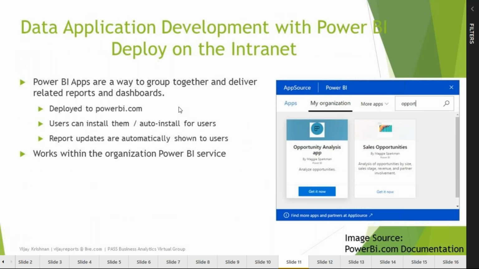When it comes to deploying Power BI on the intranet, this part of the seminar is not taking into account the Power BI reporting services, which is already available. We will use the Power BI service and talk about Power BI apps, which are a way to group together and deliver reports, related reports and dashboards. The idea is that to achieve a particular set of activities, we are going to group together a certain number of reports and dashboards. If you are buying Christmas gifts for your friends and family, you could have a report